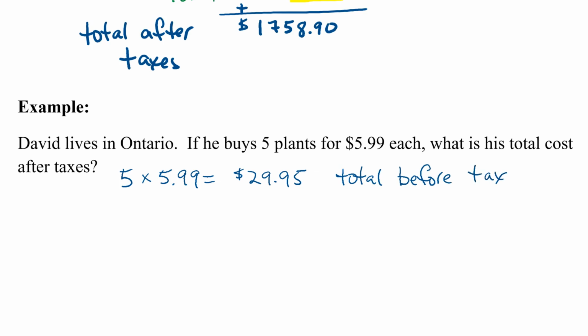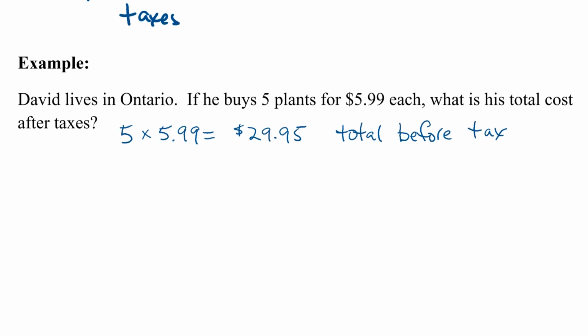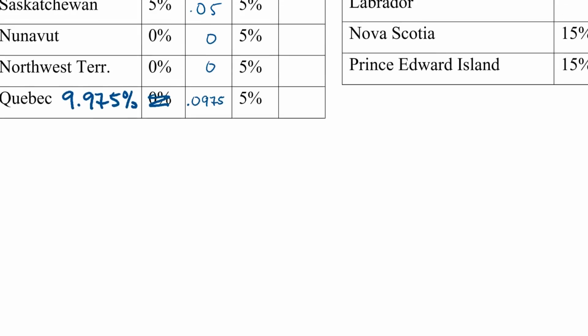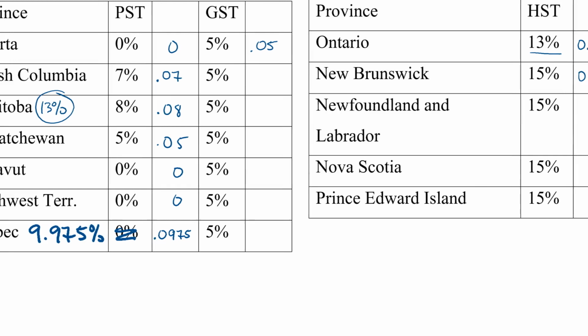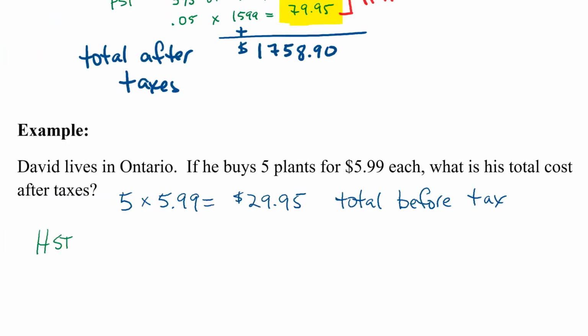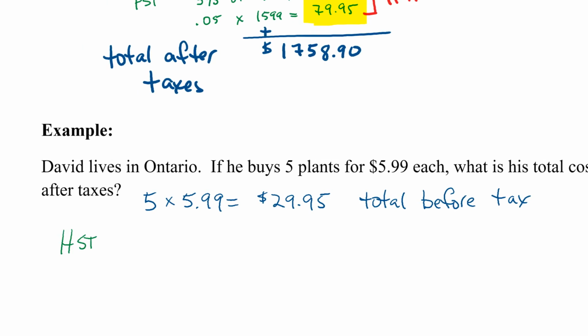Now let's figure out our taxes. Now Ontario has the Harmonized Sales Tax. So if I say the Harmonized Sales Tax for Ontario, let's just go back and check what it is. I think it is 13%. So I'm going to use 0.13. So I say, okay, Harmonized Sales Tax will be 0.13 multiplied by 29.95 is equal to